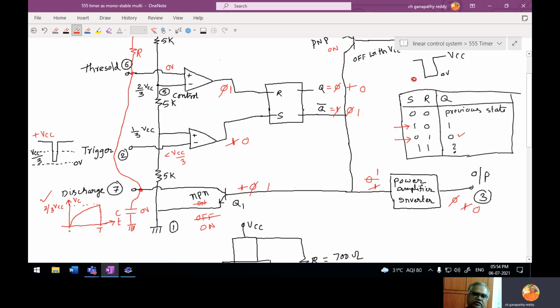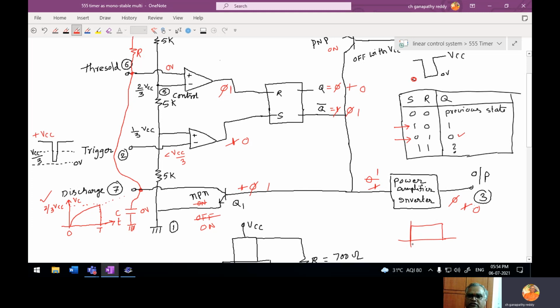So voltage in the capacitor starts from 0. Charging, it is actually trying to go towards VCC. But by the time it reaches 2/3 VCC, again the conditions change. Then again output will become 0. So how is the output waveform? First it will be 0. Then when we apply a trigger, it will go to high. When voltage in the capacitor reaches 2/3 VCC, then again it comes to 0.